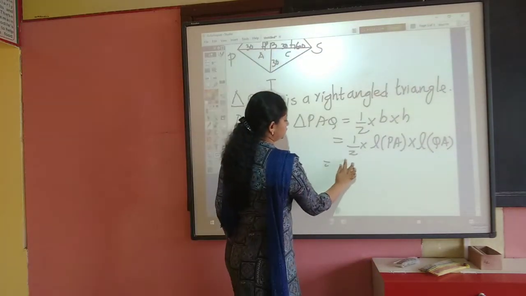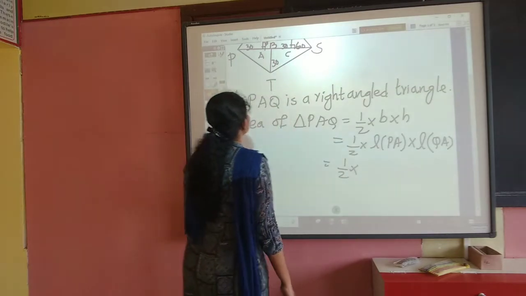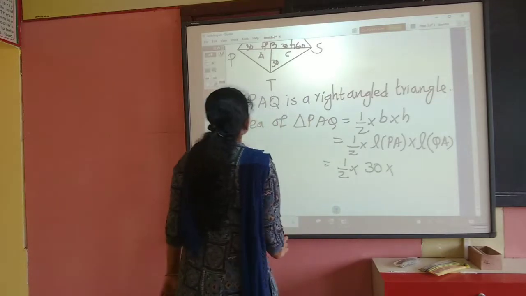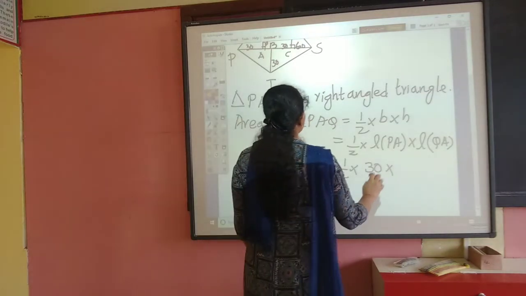Now solve it further. Half into PA is how much? 30, and QA is